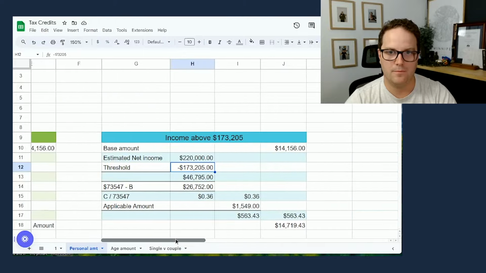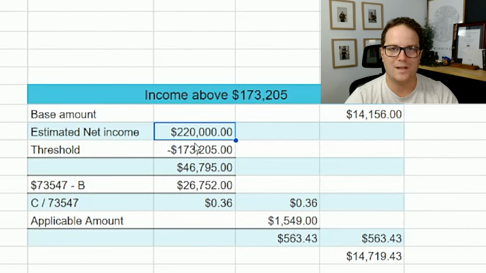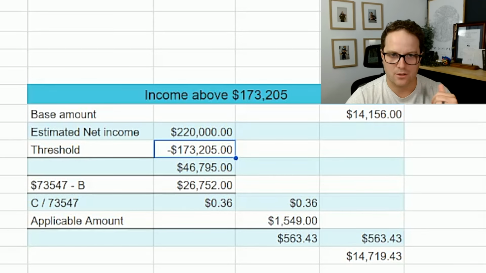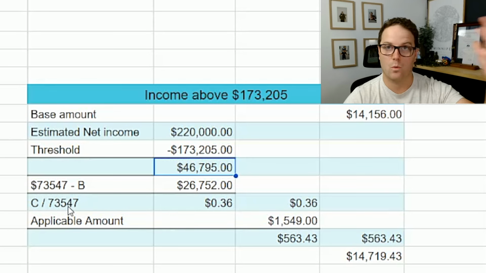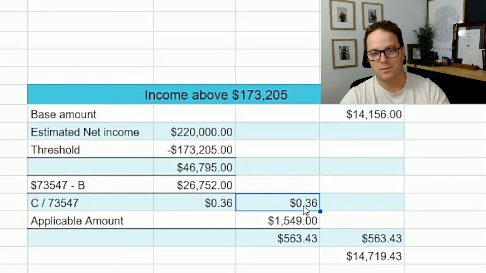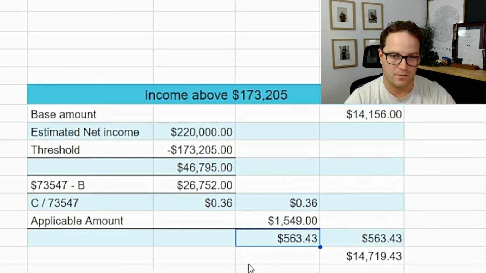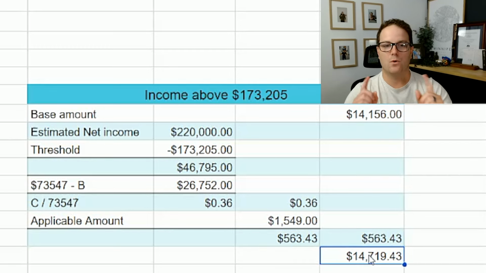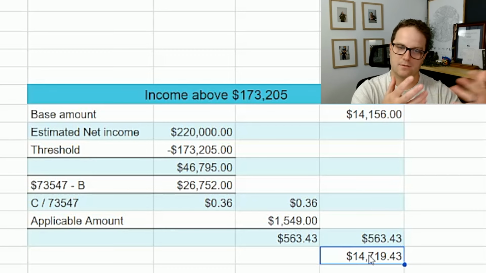So let's look at an example. If you were making $220,000 per year, that's your net income on your tax return, minus the threshold of 173 brings you to $46,700. Subtract that number from 73,000, then divide it by that same number. Again, I don't know why it's this complicated, but it is. We end up at 36 cents. You multiply that by 1549 to get 563. That's added to your new base amount of 14,000, meaning that if your personal income is 220,000, your personal amount or this tax credit is